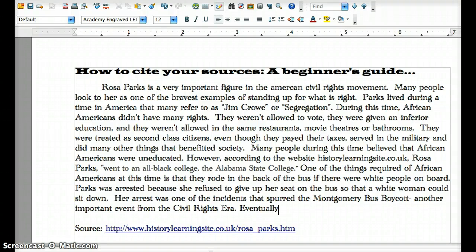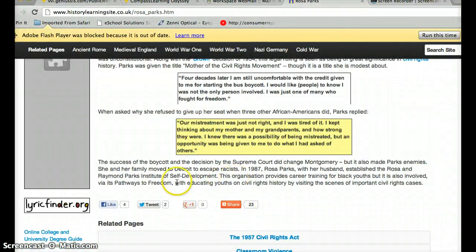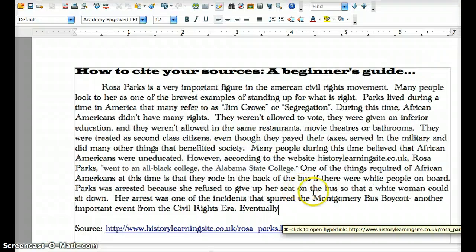Eventually, well, let's go back and see what it said. It said, okay, the success of the bus boycott and the decision by the Supreme Court did change Montgomery, but it also made Parks enemies. She and her family moved to Detroit to escape racists. Okay, so they moved to Detroit to escape racists. If I'm going to paraphrase that, I need to make sure I put it in my own words. So here goes. It also made Parks enemies. She and her family moved to Detroit to escape racists. Eventually,